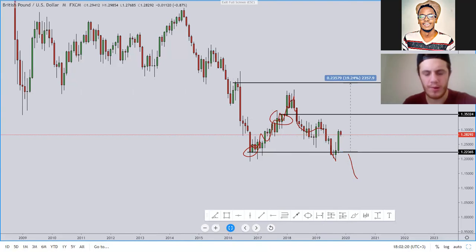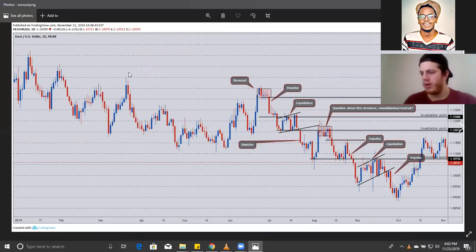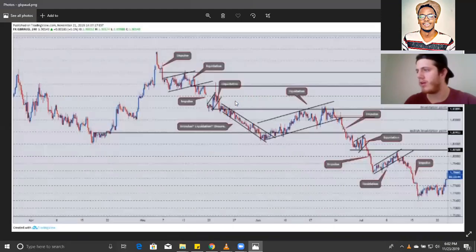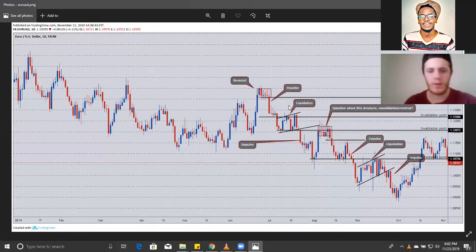So let's look at more of your charts. This is Euro US dollar. For us, you had an impulse, followed by a liquidation, followed by another impulse. All of this essentially is correct. So when we got this impulse, now